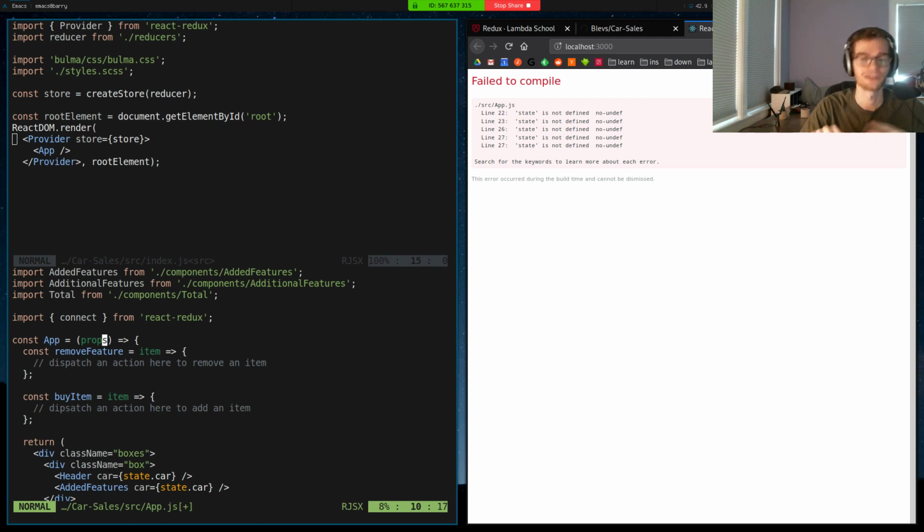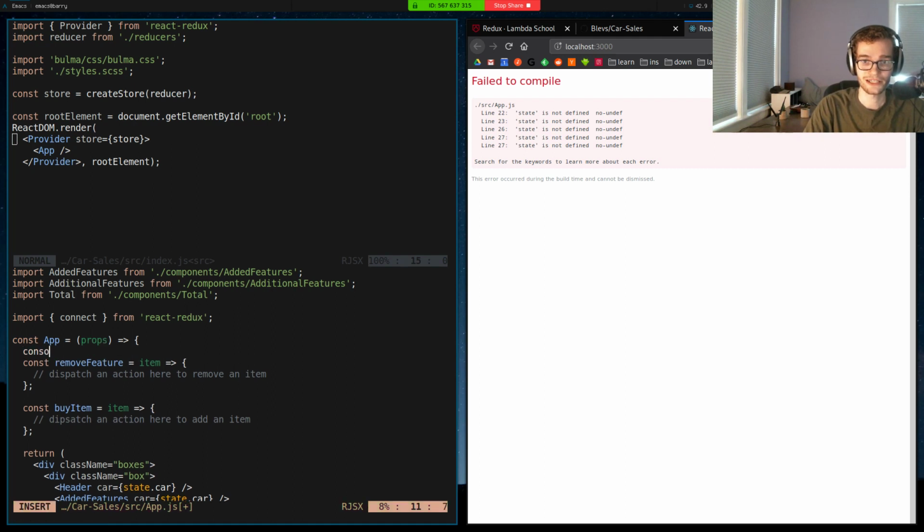That's it. With the exception of internal state like in forms and stuff, but I don't want to get too deep into that. The important thing is our whole app gets to be dumb now, and that's good. And we'll see if we console log props,